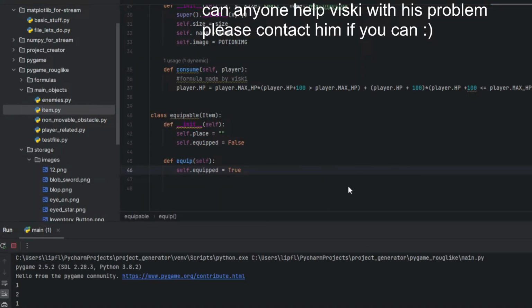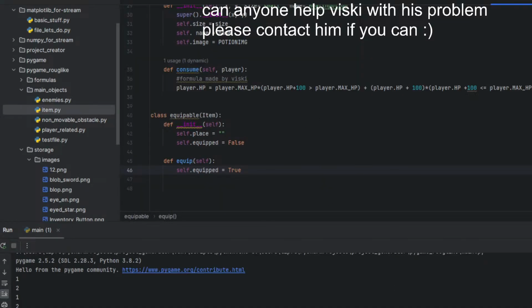Pygame. So, self.place equipable, and we have attributes. Or let me say class Sword is an equipable.